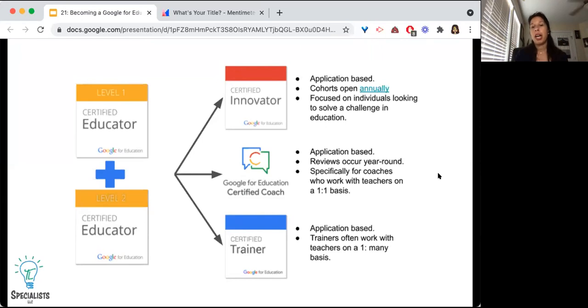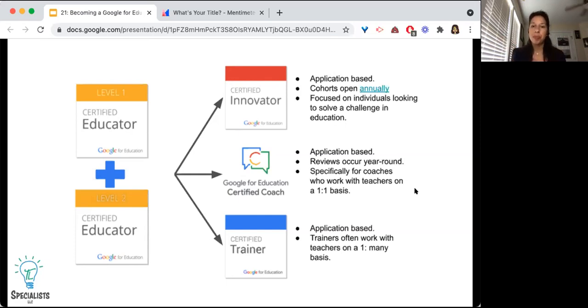With the coach program, it's specifically for coaches or educators who work with teachers on a one-on-one basis. So you might be that library media specialist or that librarian or that coordinator or curriculum guide. You might be one of those roles where your primary work is one-on-one with teachers or working in small groups with teachers.